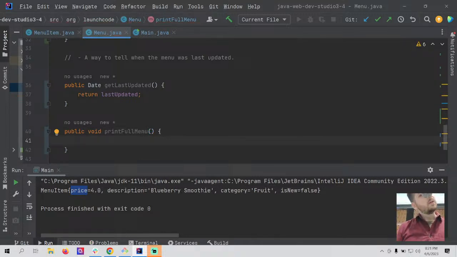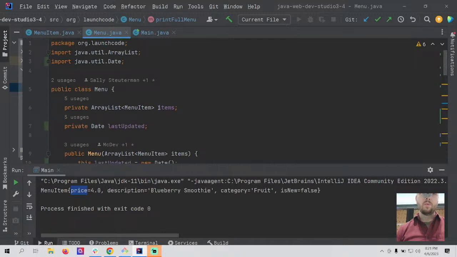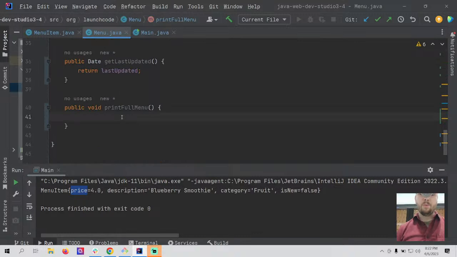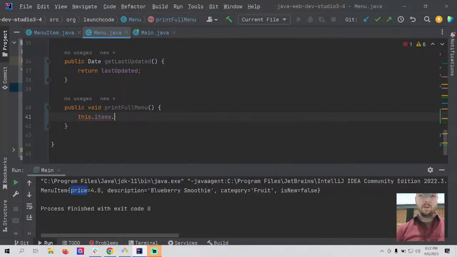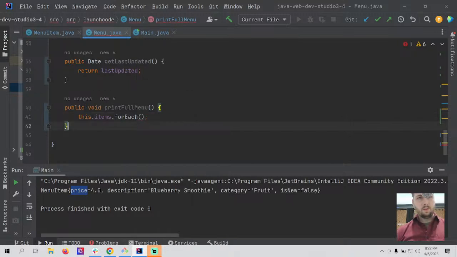And so from here, let's see here. We need to loop through this array list of items. I know Java has a for each method. I don't remember the syntax for it. But let's see if we can use it. All right, so we got that far. Let's see here. So for each